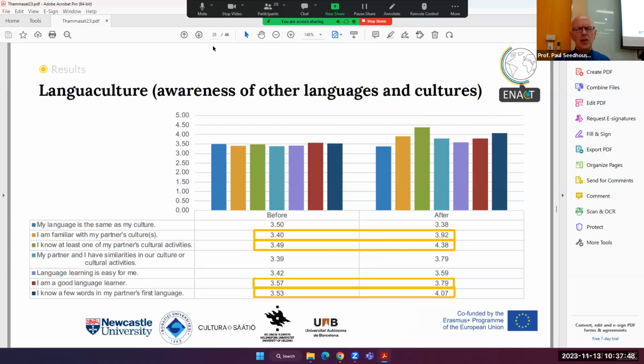There wasn't a lot of change, but there were changes in terms of, they said that, my partner and I have similarities in our culture. Often people thought we found the other culture different, but then we did the activity, and found some similarity.